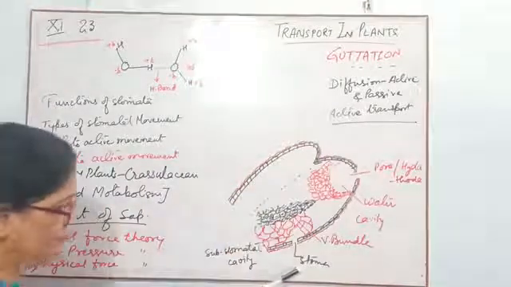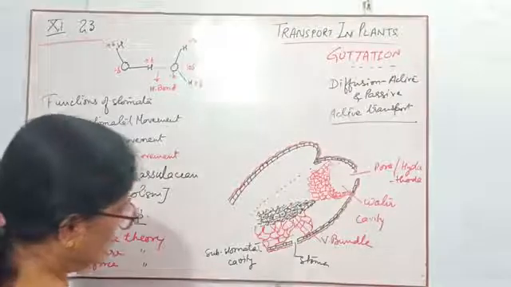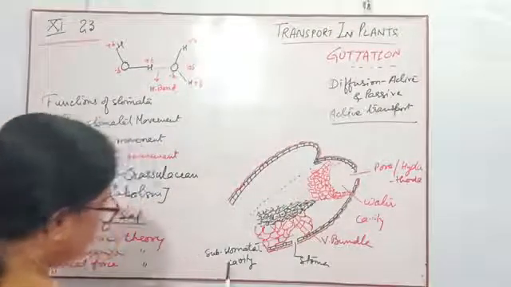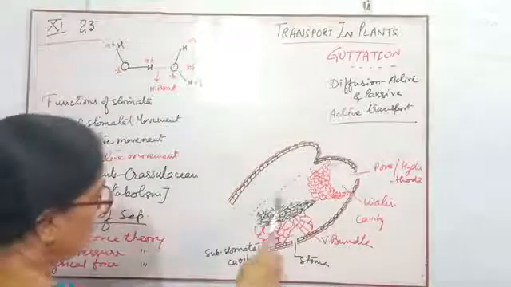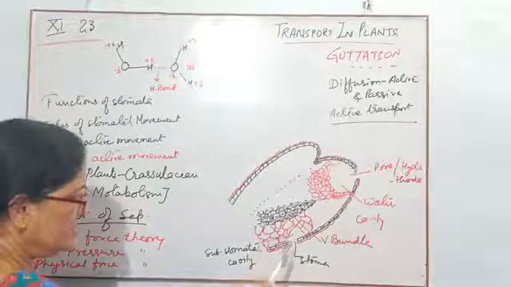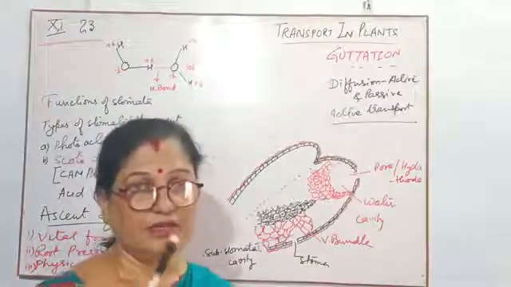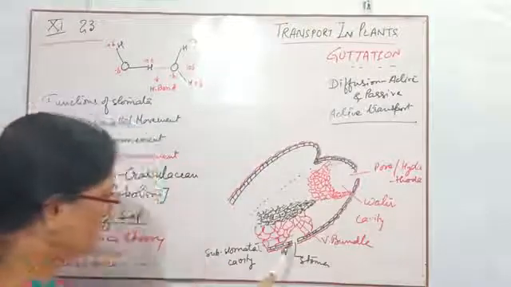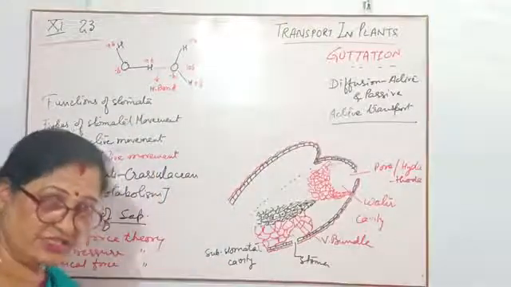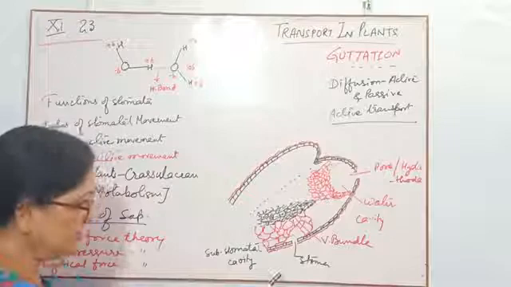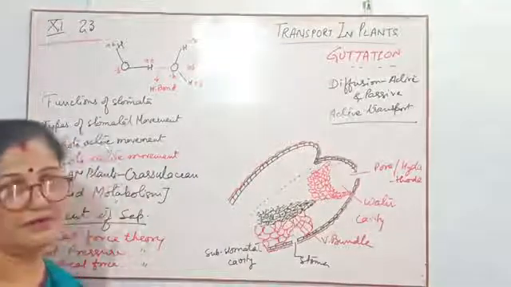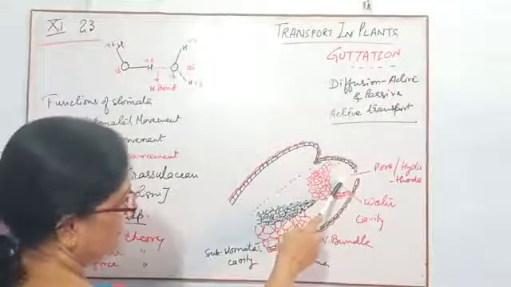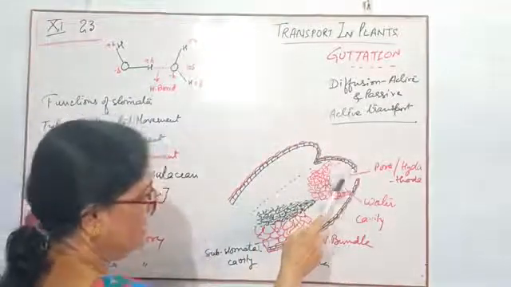I have shown here a stoma in the lower surface, and just above the stoma there is a substomatal cavity. Here all the water molecules are collected, whatever they have to throw out with the help of transpiration. It changes from water to water vapor, then it can be thrown out through the stoma. That occurs in transpiration, but during guttation, water will be collected in the water cavity.